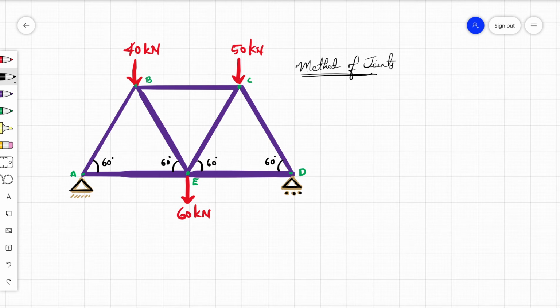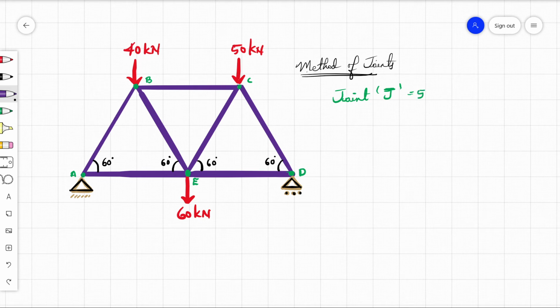But before that, let us understand a few concepts, that is whether the truss is perfect or deficient, or else the other term is redundant. Three types of a truss. So let us go first with the joints. What all the joints are there here? One is point A, B, C, D as well as E. That means five joints are there. So if I take that, joint J is equal to 5.